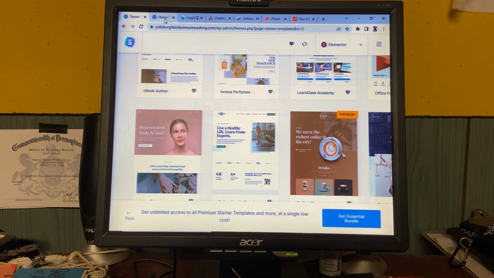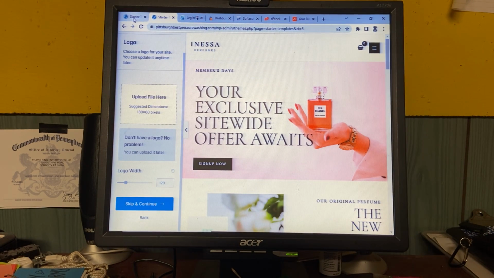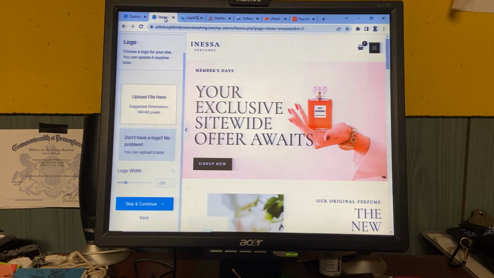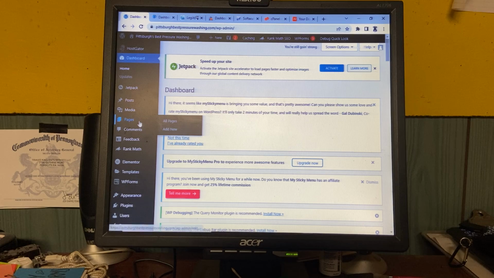Okay. It's always taking over both my windows every time I click something with these templates. Let's go back. So, pages, all pages.